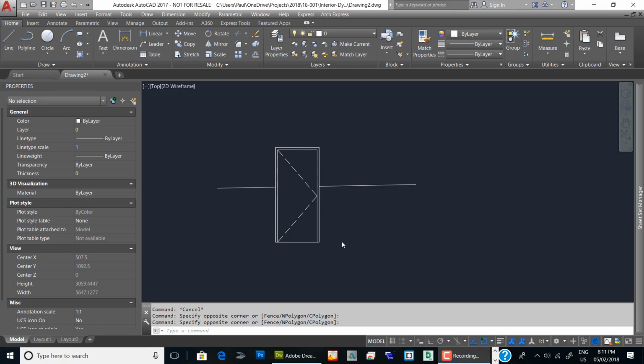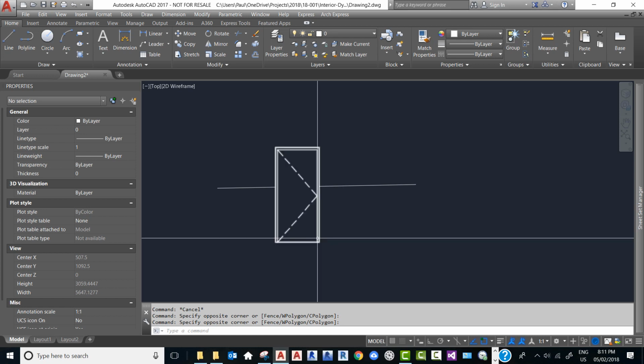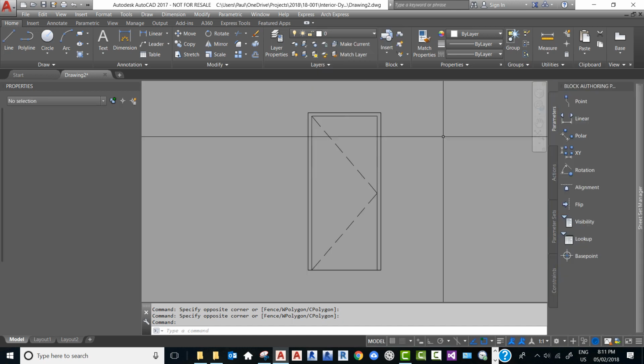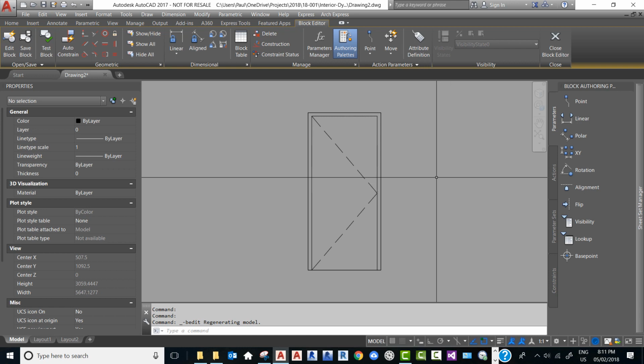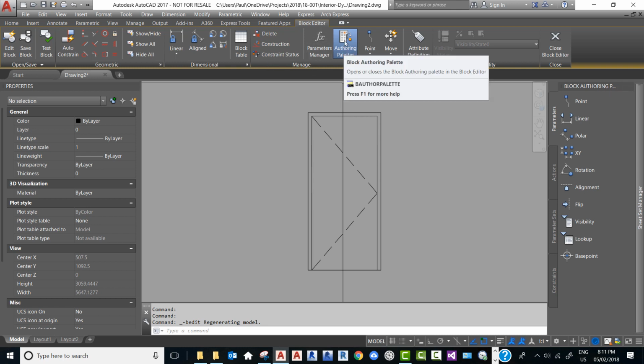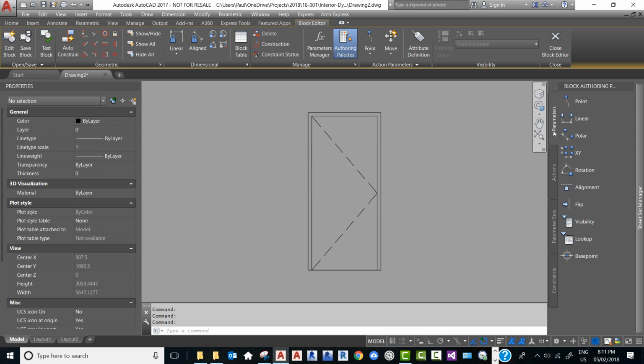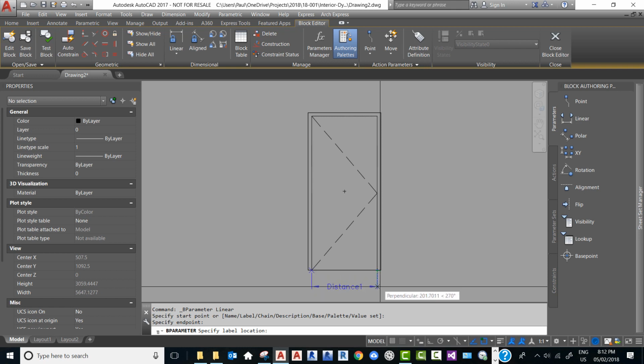Now we're going to add the linear parameter to control the door width of this door block. So I'm going to highlight the block, click on it, right mouse, select block editor. And now we're in the block editor and we're going to add a parameter. So linear parameter. Make sure you have the block authoring palette on, and you can toggle it on in the ribbon by clicking on this icon here, authoring palette. And from the tab parameters, select linear and then pick a point at the lower left corner of the door panel. And I'm going to pick the lower right corner of the door panel